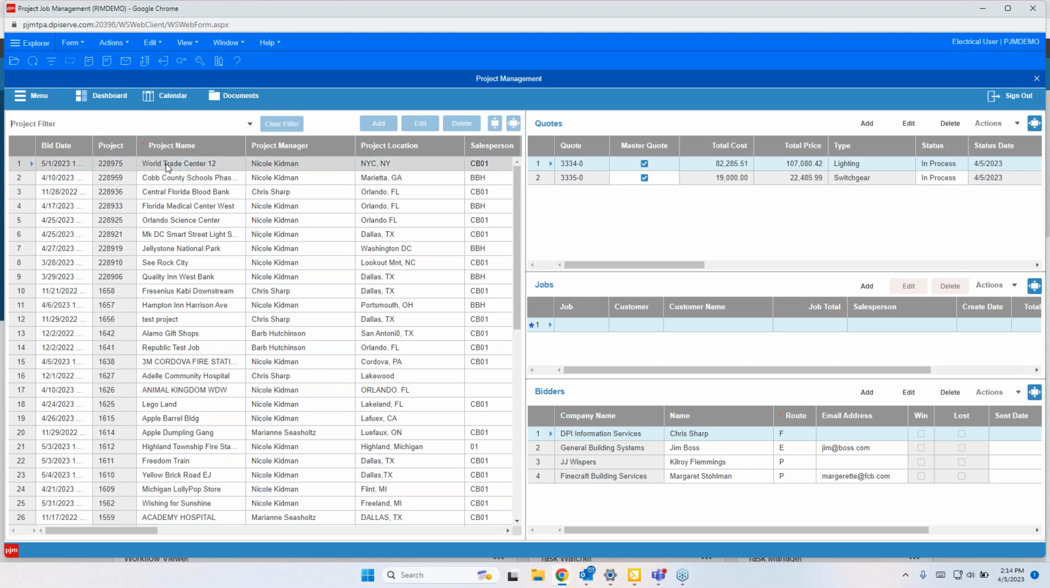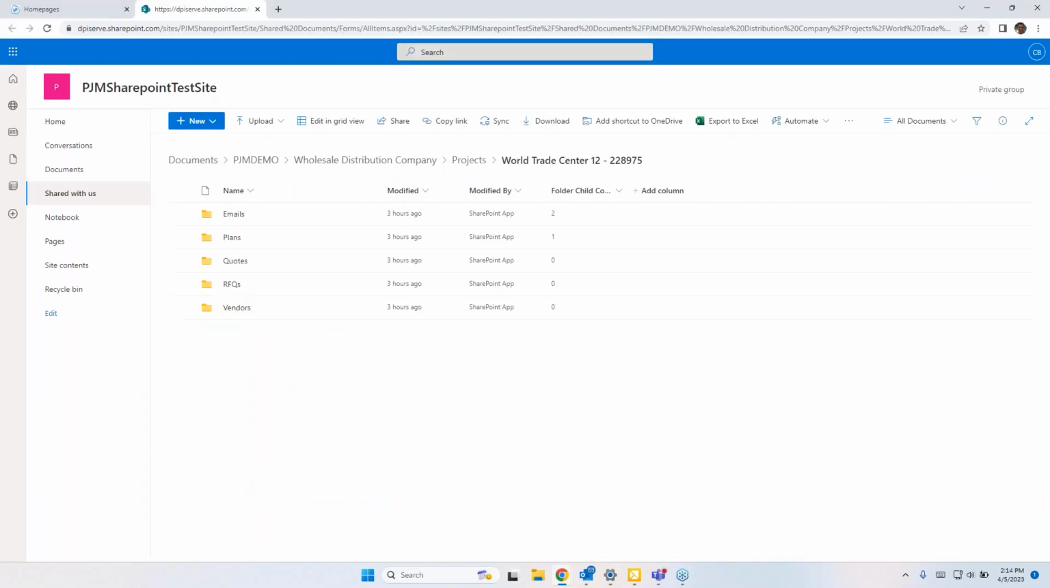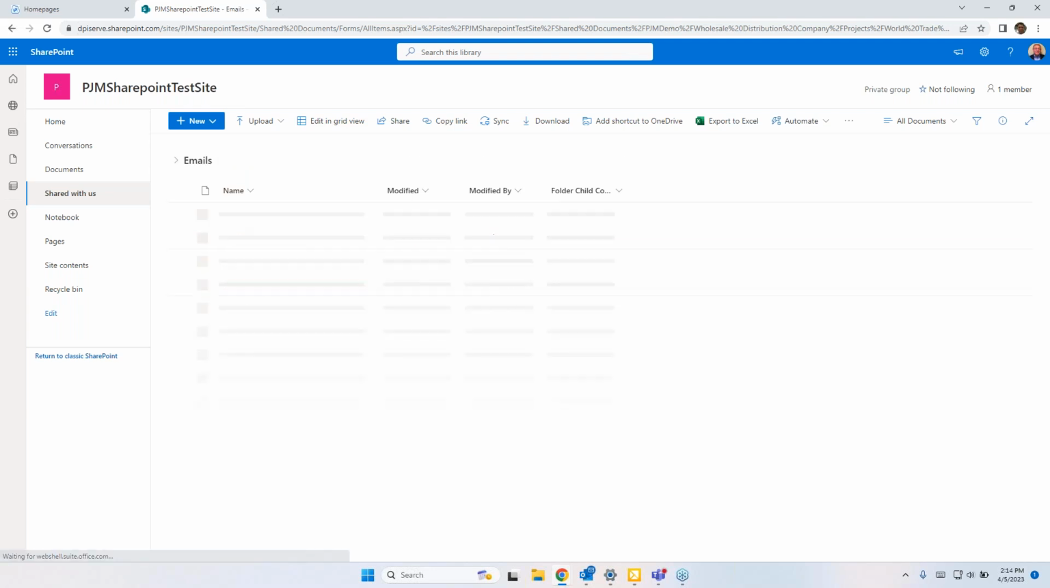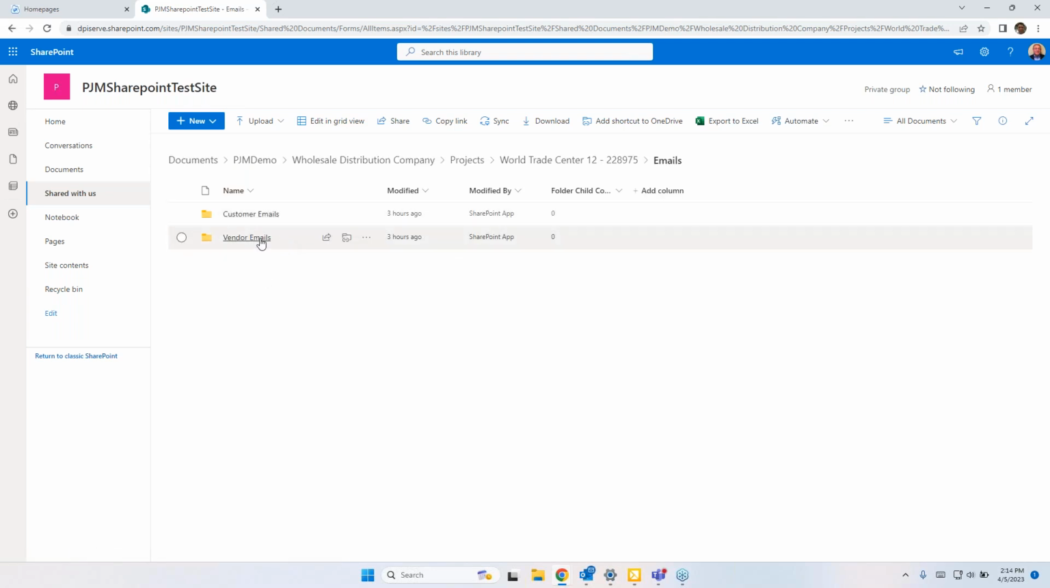So when you create a project, in fact, if I'm in this World Trade Center and I click on the documents, it takes me to the PJM SharePoint site for the World Trade Center 12, and it creates these folders, or as many folders as I want to create, with subfolders inside of them. And then you could even have documents that sit inside of those subfolders. So every time a new project is created, PJM actually goes and creates this filing system out there for you